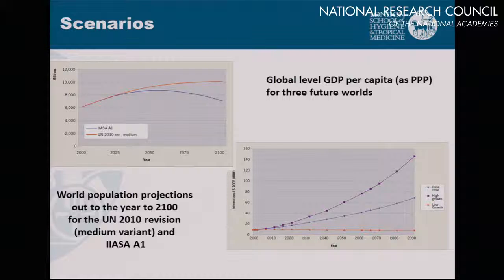But what we did vary was the one on the right, which is economic growth. What was new about this assessment is that we had underlying mortality projections, produced by WHO, which I'll show in a minute. These were produced for different assumptions of economic futures. There was a high growth future, which you can see, this is GDP per capita, which is very high. That matches to an A1 scenario. Then there's a UN one, which was our base case. And then we had a no economic growth scenario. That's very pessimistic, but just a reference scenario, I guess.